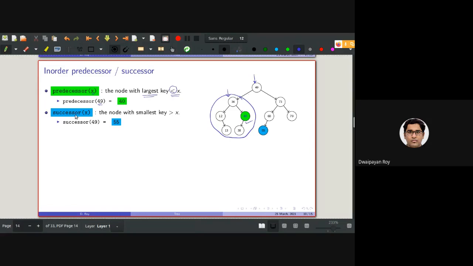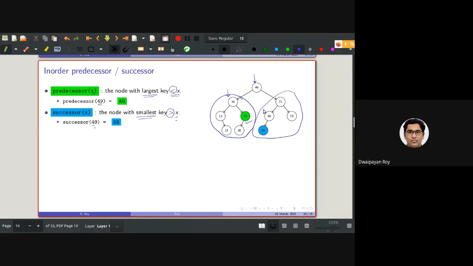Similarly, the in-order successor is the node with the smallest value which is greater than x. Greater than x means the value will be stored in the right subtree. As x is 49 here, the in-order successor will be in the right subtree of this whole tree, and it is the smallest key.